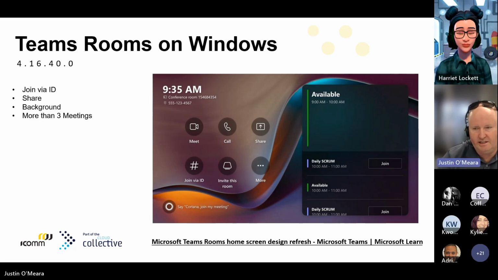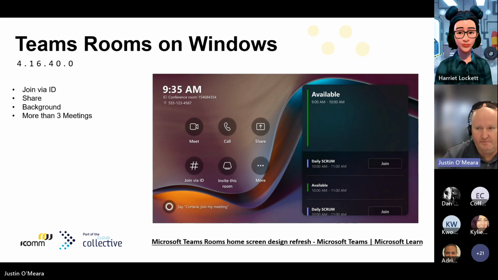So if you now click the share button, it'll actually show and tell you a bit more information. Do you want to share the HDMI cable, or do you want to share content that's automatically connected to the HDMI cable? So a little bit better user experience. A new feature that's coming is also